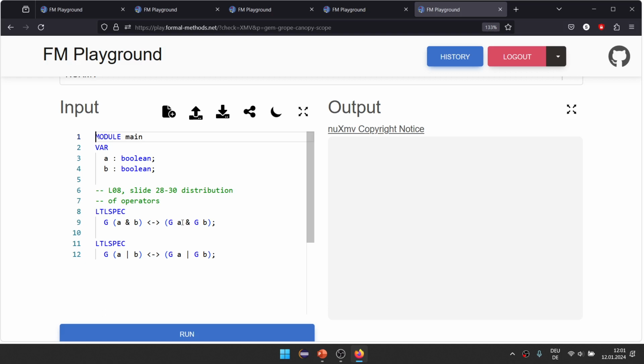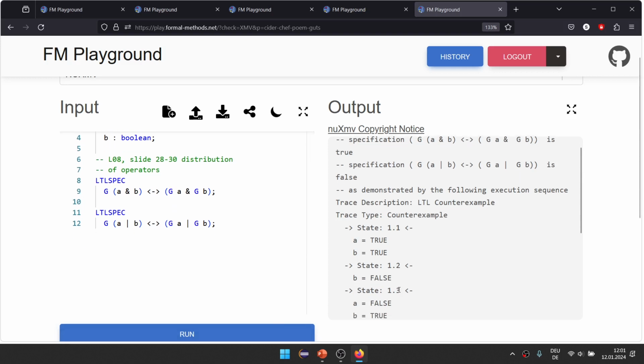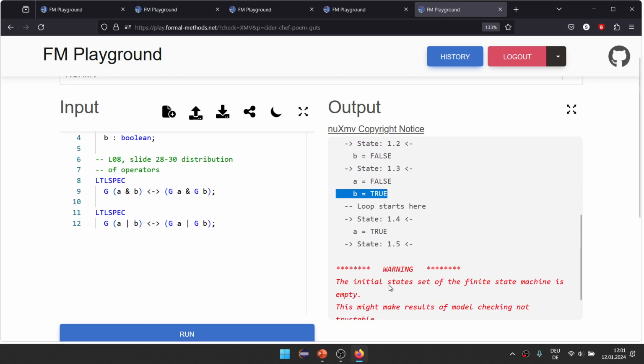So that's equivalent, right? With the globally and the and, you can split that up and it's still true, but the or not, because you could have globally A or globally B by having A and B alternating, and that's not the same as having A always or B always, because here you could just have either one of them always. So that's why these two are not equivalent, and we can see this alternation here. Here A is true, then A becomes false. This means B should be true, right? Yeah, and B becomes true. And then we have,